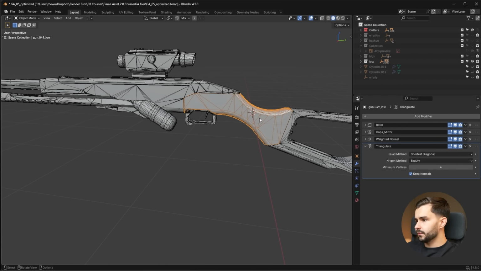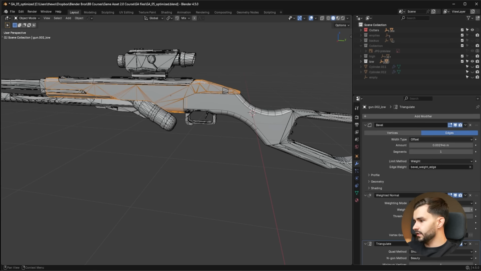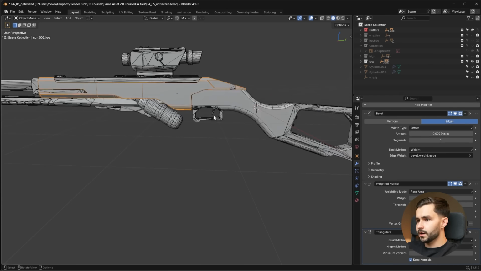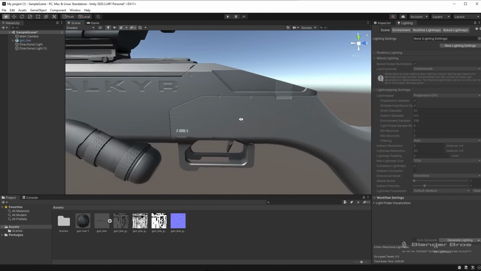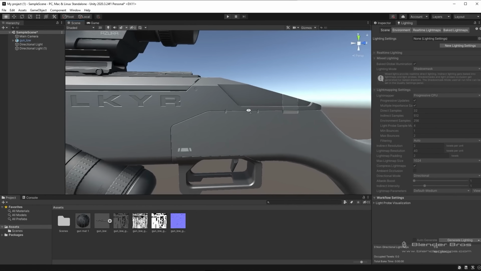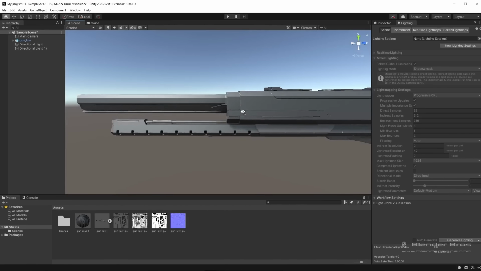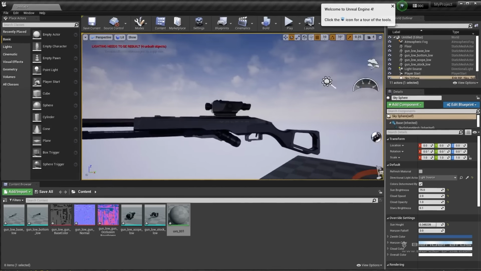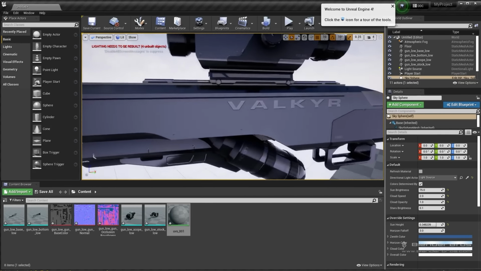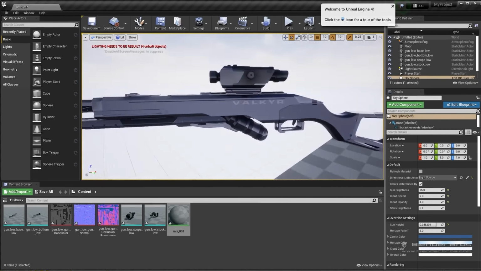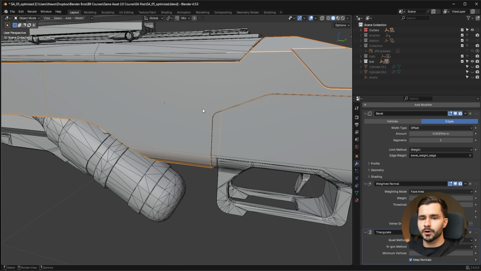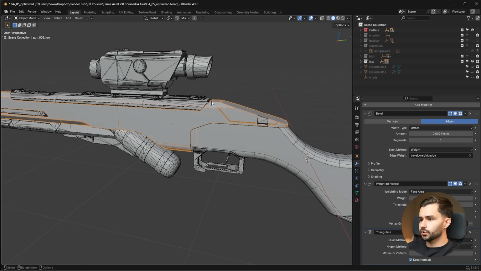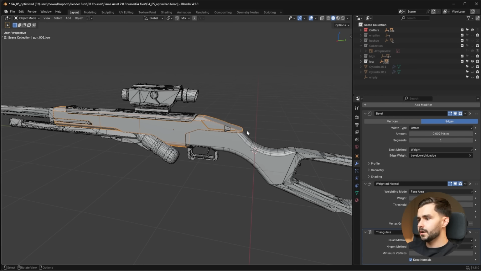So for example, every single one of these pieces here has a triangulate modifier, and I'll run you through how this works. But this asset right here is full of n-gons, yet it still works in a game environment. I'll put a short clip on the screen right now just to prove it to you. You do not need quote-unquote clean quad topology. It does not matter. What you need to do is optimize the mesh properly and remove or mitigate the shading errors. That is all you need to do,